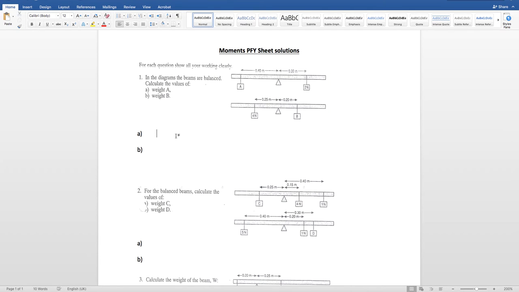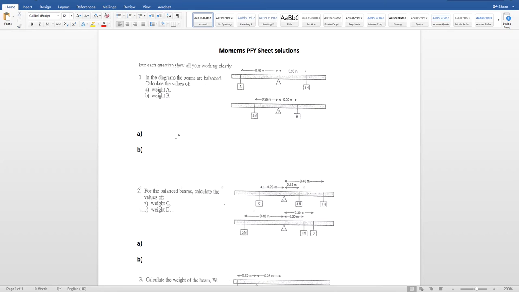Here then are the solutions to the Moments Physics for You sheet. And the first question says in the diagram the beams are balanced. So from that you're taking that this thing is in equilibrium. Calculate the values of weight A and weight B. Well,